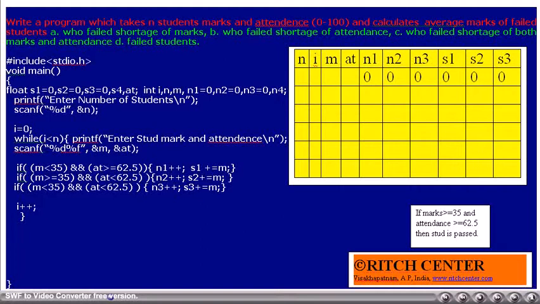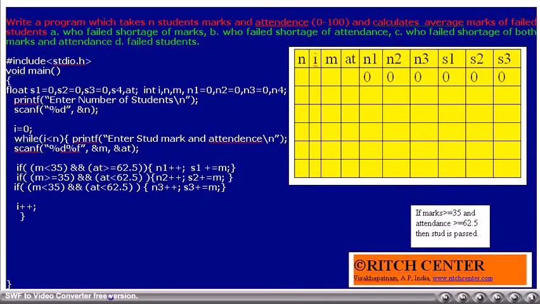Each time the program reads a student's marks and attendance into the variables m and at respectively. If the candidate is a first category candidate, that is, failed because of shortage of marks, that is, he has got marks less than 35 and attendance better than 62.5.